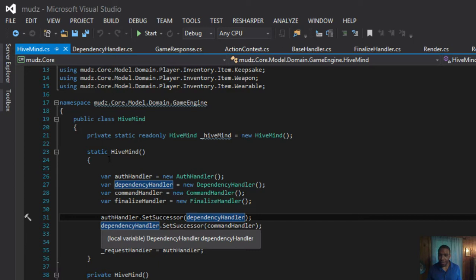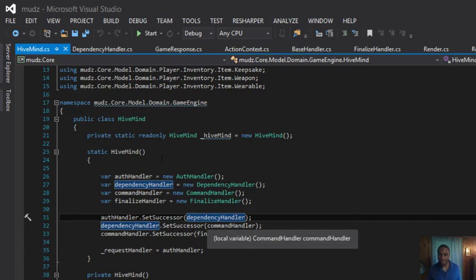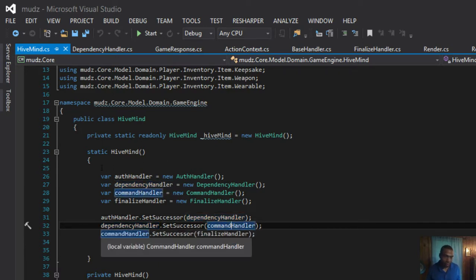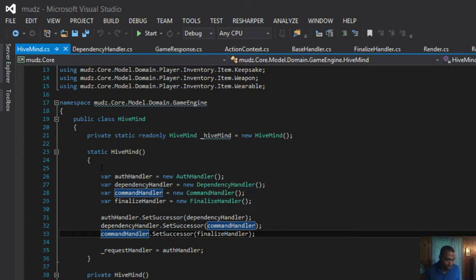Once the dependencies handler is done, it's going to pass that action context to the command handler. Then once the command handler is done, it's going to pass it to the finalize handler, right? And so then at the very end of this, we've got this action context. It's going to be stuffed full of messages and results, all date time stamped, hopefully.